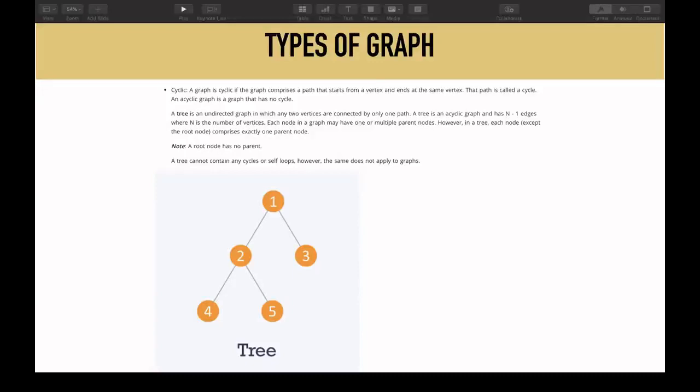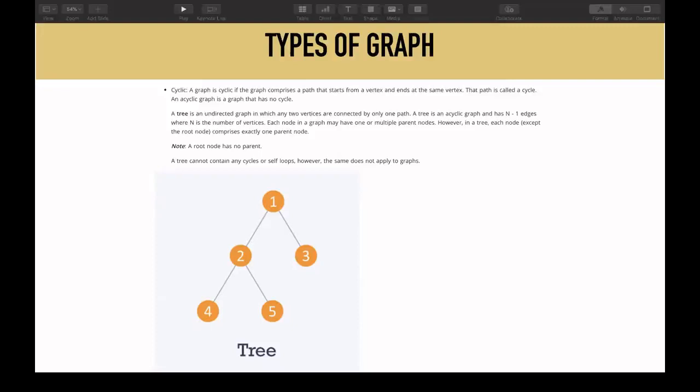If I ask you to list all the possible paths to go from one node to another node, and if there exists more than one possible path, then it always signifies that there exists a cycle in the graph. Otherwise, in a tree, there is only a unique path from one node to another node. I don't know whether this is covered in the trees part or not, but if you don't know this, you can definitely remember this fact that in a tree there is always a unique path from one node to another node, and it is easy to prove.